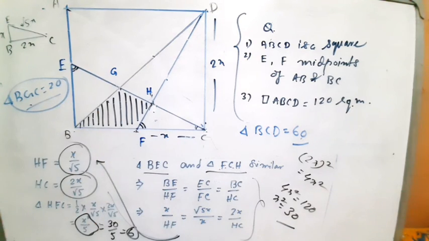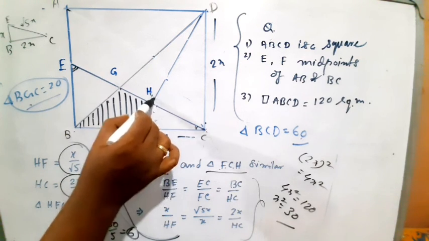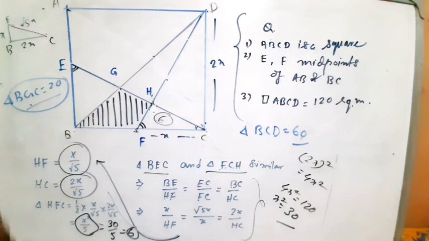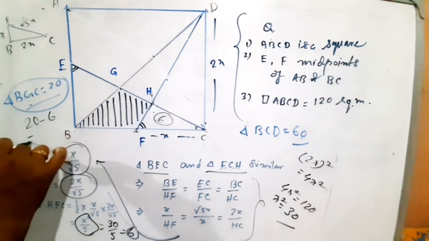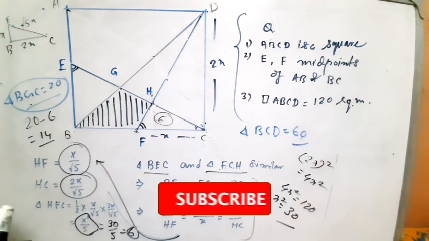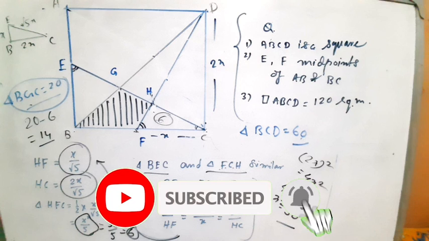Okay, now come to this point. BGC is 20, and just now we have got the value of triangle HFC as 6. So what is the area of the shaded portion? 20 minus 6, that is 14. Clear? This is the total idea, but if a student can imagine this theory and related theories, this problem can be solved in a few seconds, but explaining the problem sometimes takes a long time. Okay.